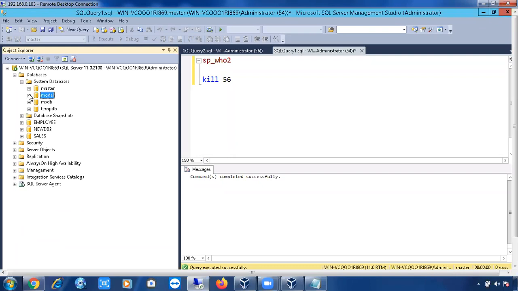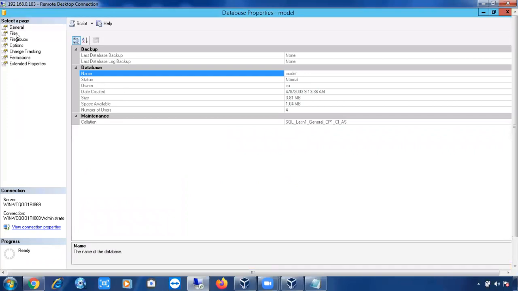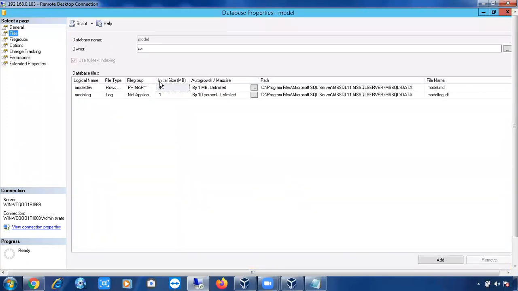That is one assignment. The second assignment is, if you go to the properties of this model database and go to file space, you can change the initial sizes. You can change it to 400 MB and 100 MB. You can change it to any value, not an issue. You can also change the paths, whatever settings you want.